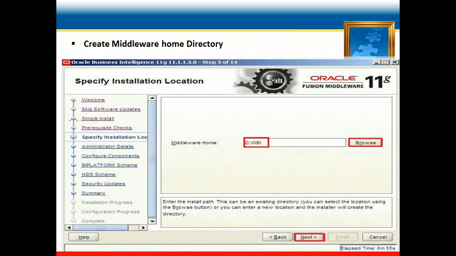This screen is to create a middleware home directory. Before this, we need to create this directory under our directory structure, and here we need to give the path from the browse button, and we can create our middleware home.